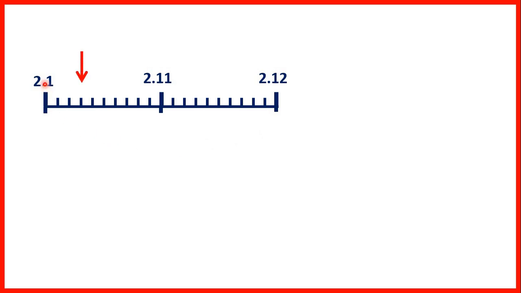Now for this number line we have 2.1, 2.11 and 2.12. Again, the values that we have labelled are going up in hundredths, which means these small lines in between the hundredths must be thousandths. So here we have 3 thousandths after 2.1. That's 2.103, and it's really important that we remember the 0 in our hundredths, because these lines are thousandths, and to